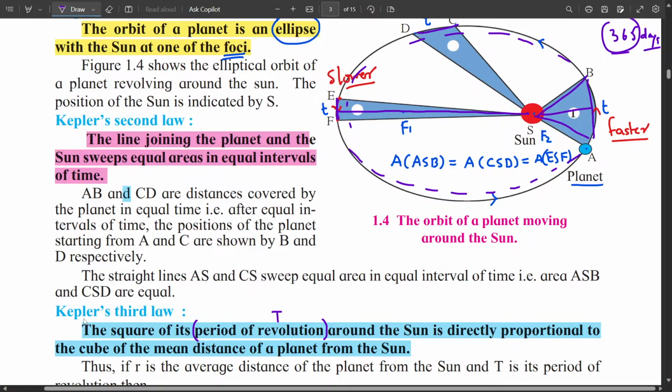revolution T, its square, is directly proportional to the cube of the mean distance of the planet from the sun, that is r cube. What is r over here? If the distance between the sun and the planet is r1 here, r2, then r3, r4, r5, r6, there will be an infinite set of distances. If we find the average distance